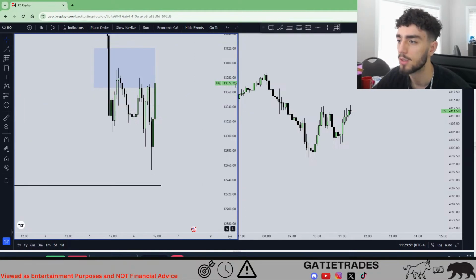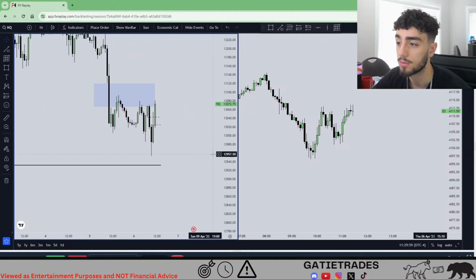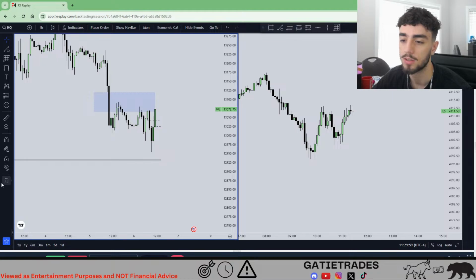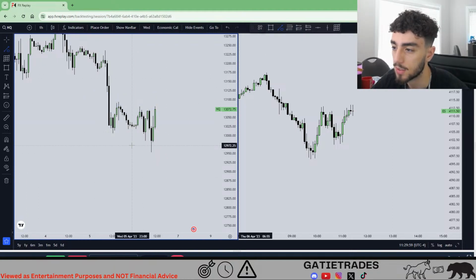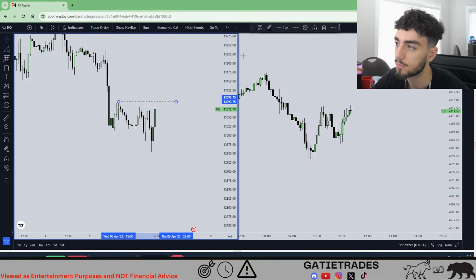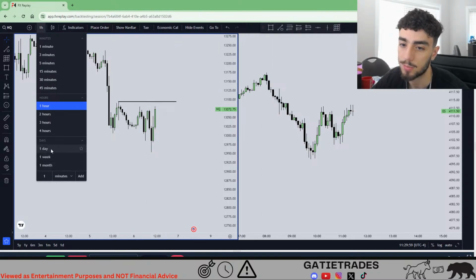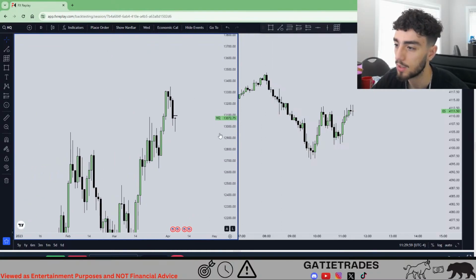Let's look back. We inverted the 1 hour so hard. We basically took that low. So let's just flip this around for hindsight's sake. So let's just say this is your drawn liquidity, just to show you. I'll make this quick. Bullish daily fair value gap in discount. So I was wrong. This is a bullish fair value gap on the daily.